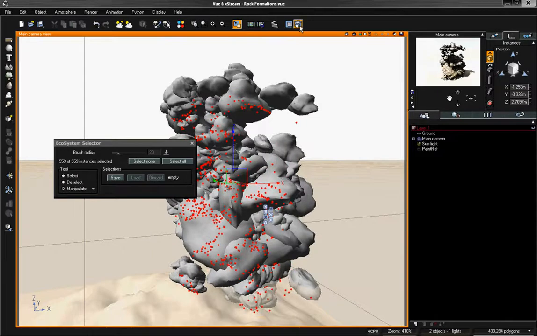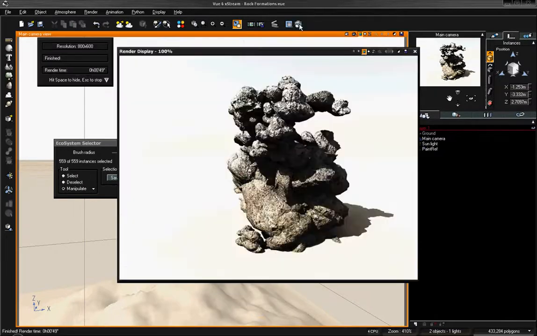And let's go ahead and take a look at a render of that. And now that material looks a little bit better. It's now positioned a little more correctly, or scaled along with that world coordinate system a little better. One thing you'll notice is that we have a lot of really large rocks on the bottom. That was mainly caused by using that scaling mode within the ecosystem painter,